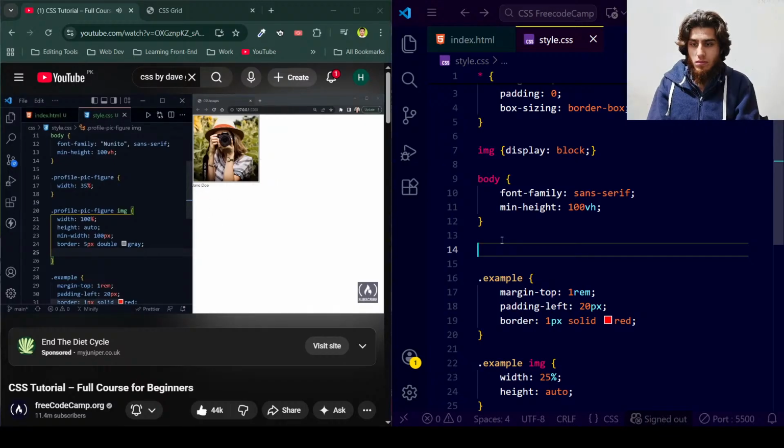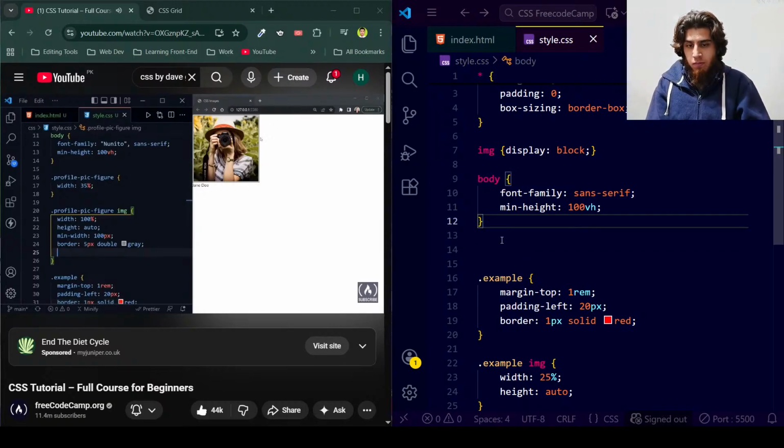One more thing I want to do to our image, though, is make it round. And since we have a square image, this wouldn't work if we had a rectangle, but